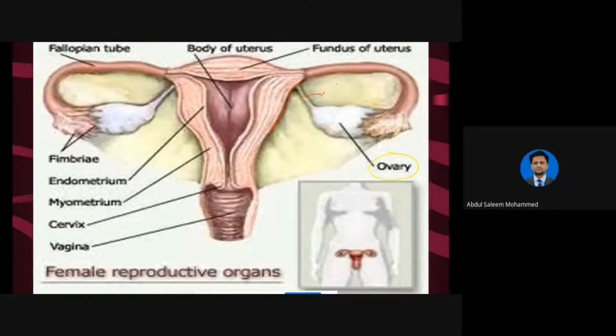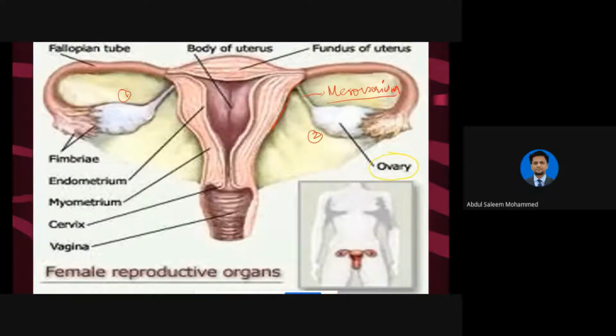This connective tissue is known as the mesovarium. So I'm writing over here. You can also write down. Draw a rough picture of this, and you can mention the name mesovarium. Mesovarium is a connective tissue which is helpful in the attachment of the ovaries to the walls of the abdomen and also the uterus. Okay. So there we have the ovaries which are present in pairs. So here is 1 and here is 2. So how many pairs? One pair of ovaries is present.